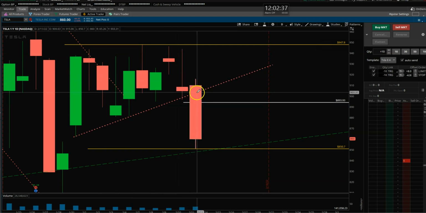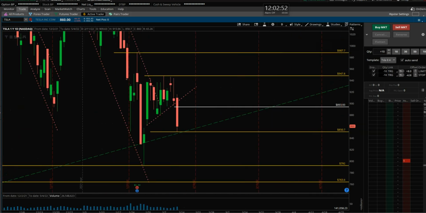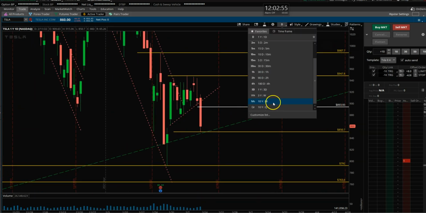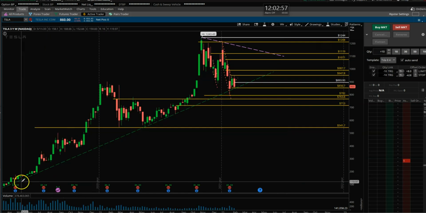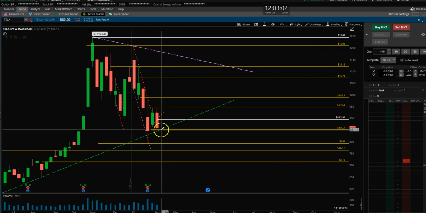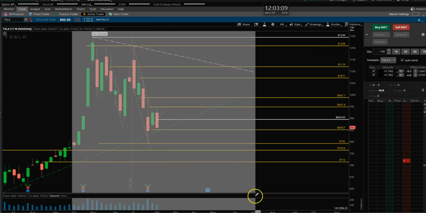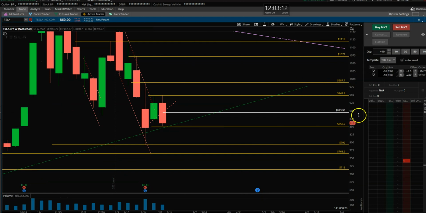So as soon as it fell through this, I think people just throw in the towel and they're like, all right, screw it. We're just going to short this thing, or I'm not going to hold any long, and that added further pressure to the downside. And that's exactly what it did. Now, if I zoom out a little bit, and actually let's go to a weekly time frame, right? So here's the weekly uptrend line, right? It is still holding this uptrend line, but now we have this bearish bar which actually just kind of overshadows this previous week, right? So the trend remains down with the bearish side.